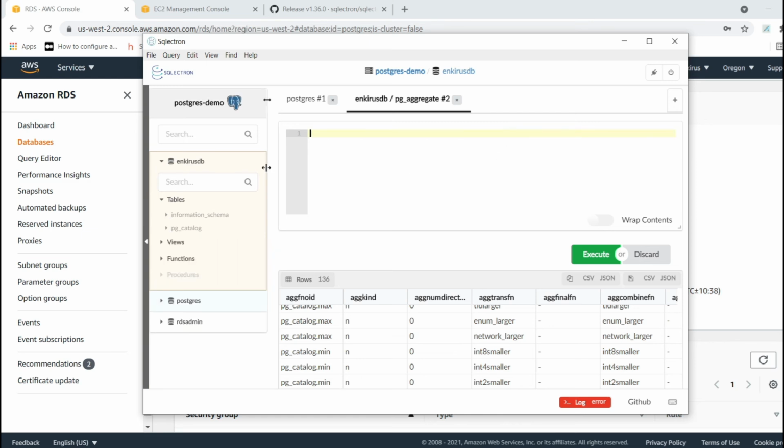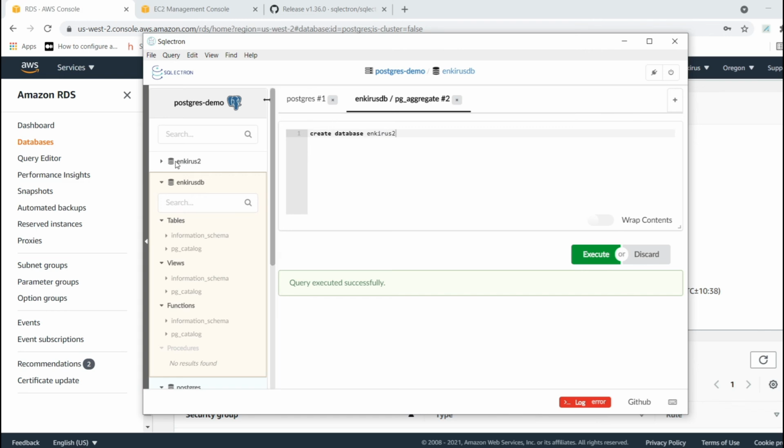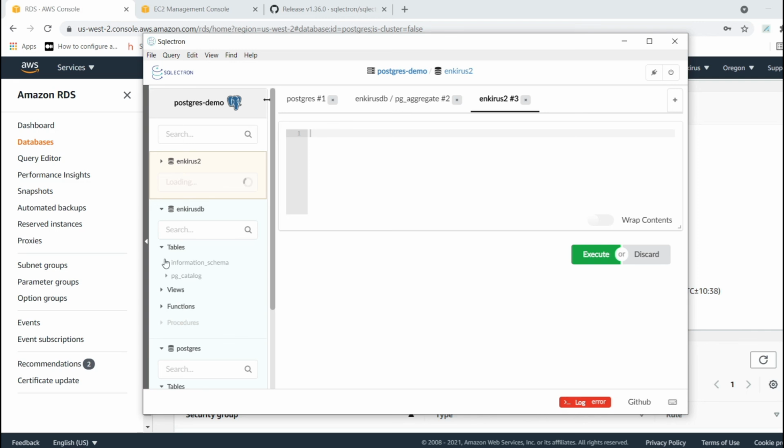Or you can create your own database here. Suppose, create database NKRS 2. Yep, we have a second database, NKRS 2, here. And you can create your tables here. You can create functions if you want.